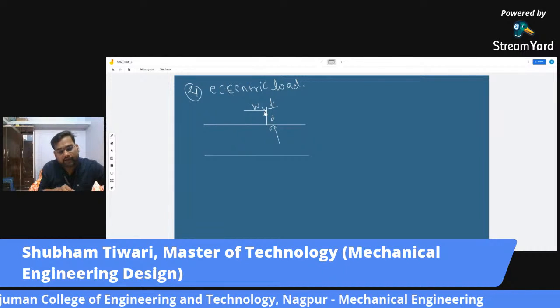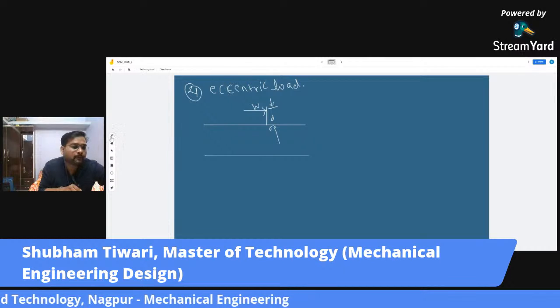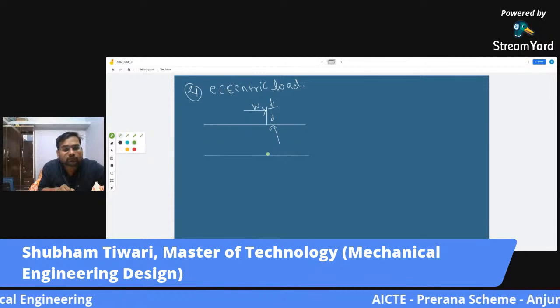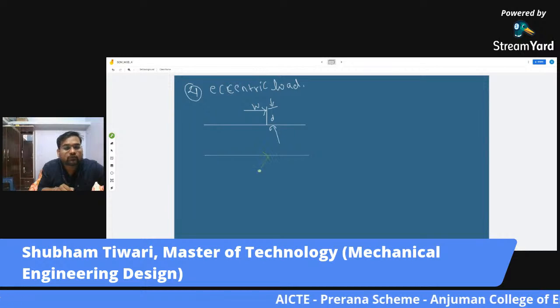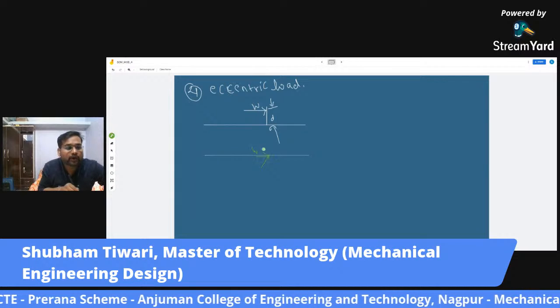By the principle of transmissibility, we can transmit this load here. The load W can be brought to this point,